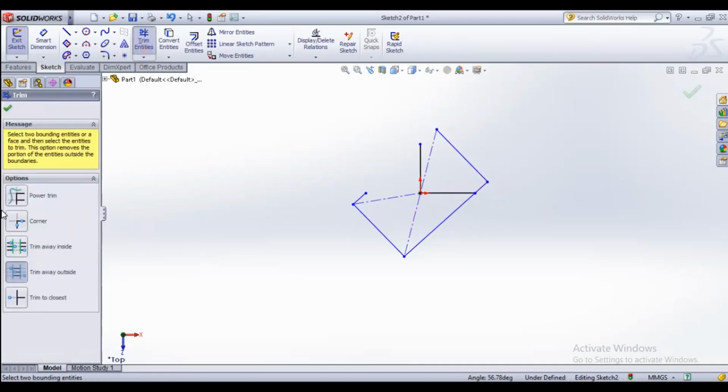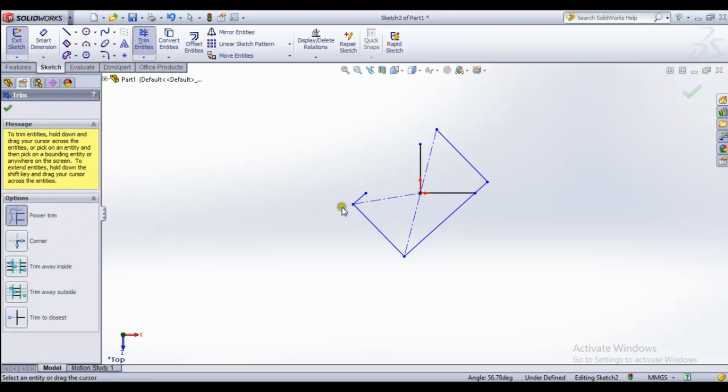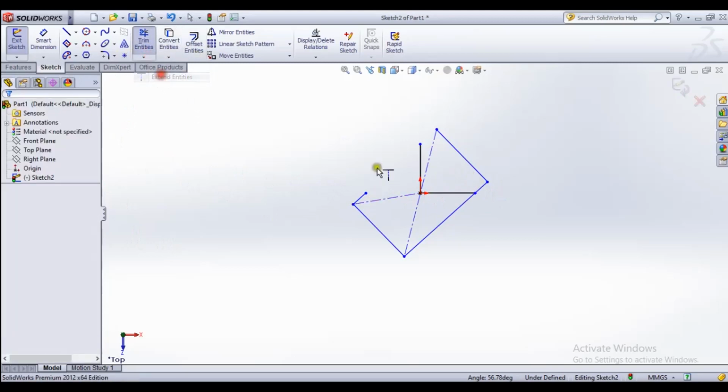Okay, you can check how it works. Here extend, this one up to end, this one up to end. There are these types of tools here. These are advanced tools we can use in future. So please keep in mind these tools are very important in 2D sketching and 3D sketching also.